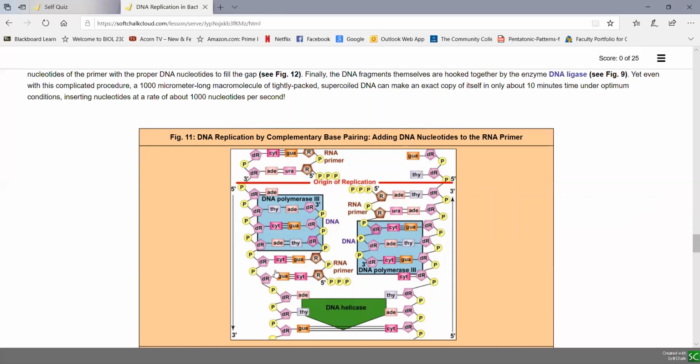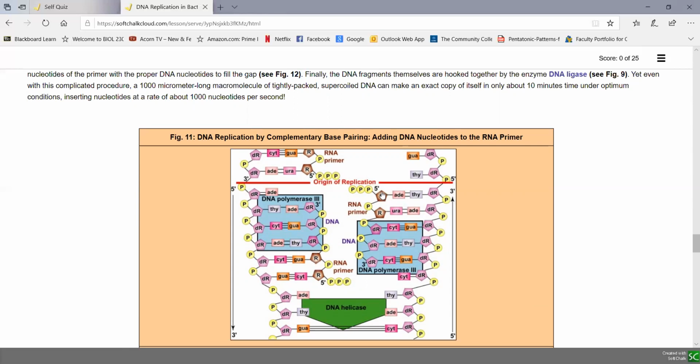But once a few of these are lined up, now DNA polymerase 3 can start inserting deoxyribonucleotides by complementary base pairing, and then hooking the phosphate of those up with the OH on the RNA primer. Because remember, DNA polymerase can only insert when the phosphate can attach to an existing nucleotide, be it DNA or RNA. So now DNA nucleotides begin to line up by complementary base pairing, attached to the RNA primer, and the same thing's